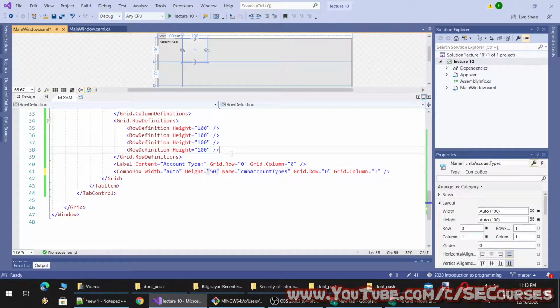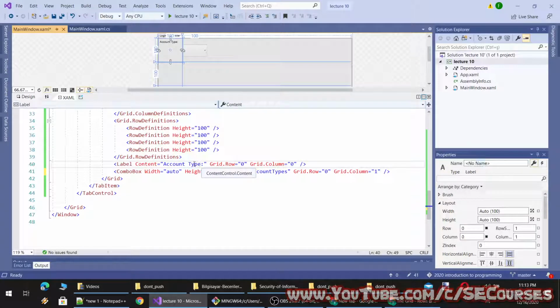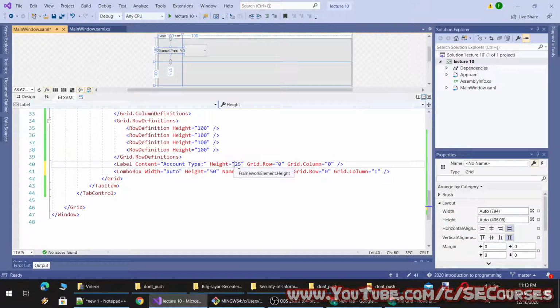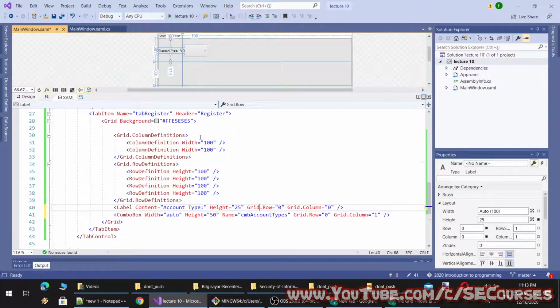Maybe make it like this. Okay, so this is centered, but this is not, because it is taking full space as label. Therefore I will make it perhaps auto. Auto is not working. Yeah, they are by default centered right now, both horizontally and vertically.